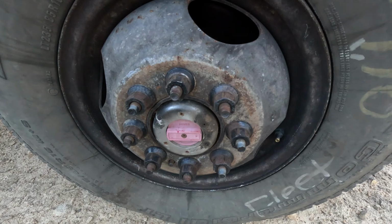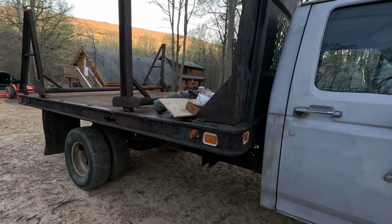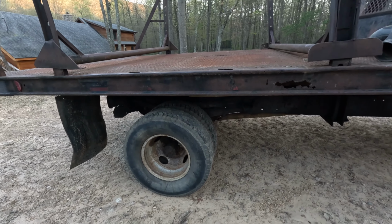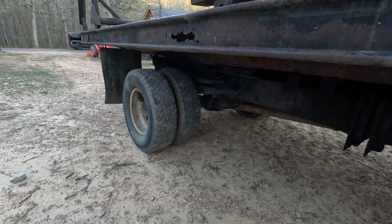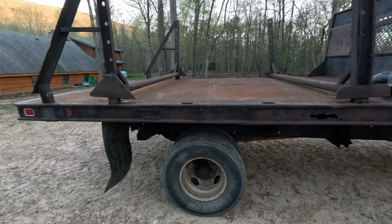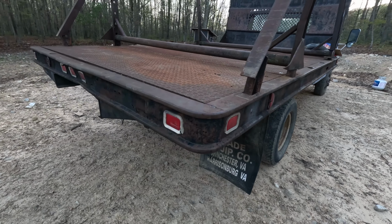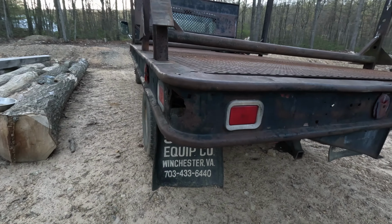Four-wheel drive. This truck, dually rear end. I actually don't know the gear ratio. I think it's going to be a 410, with the flatbed, 12 foot. With, you may not believe it,